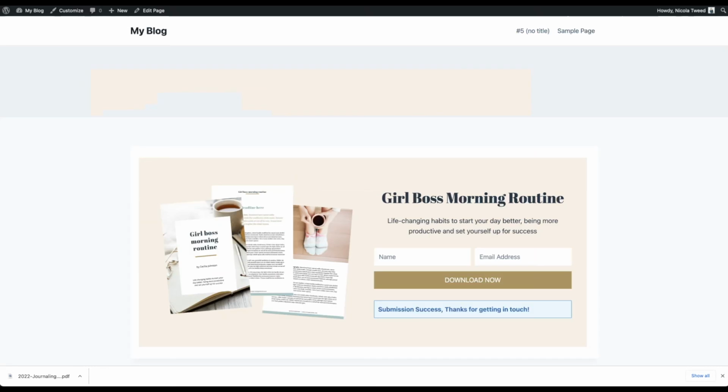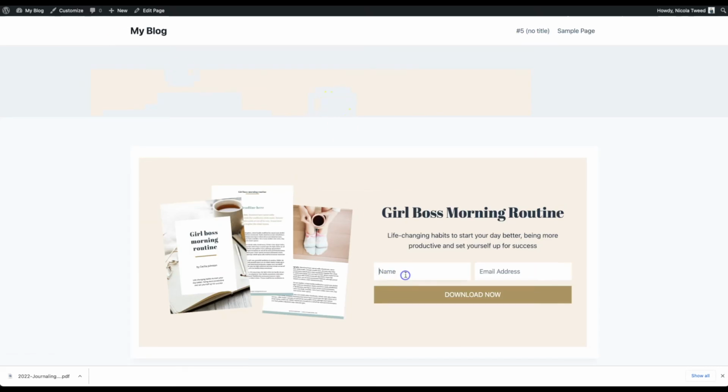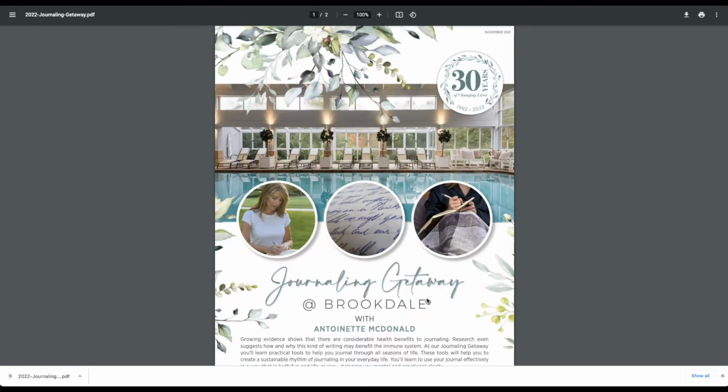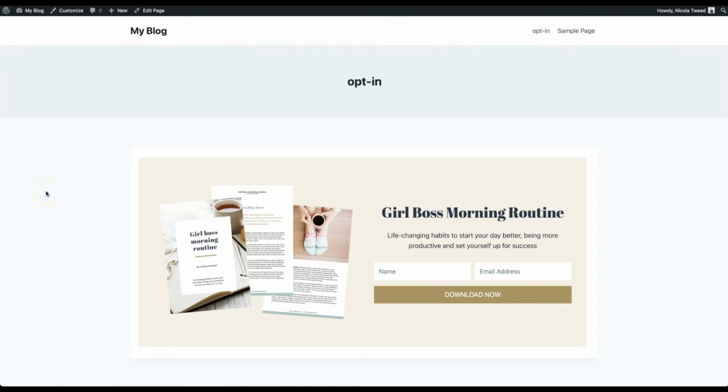I'm going to come back, have a refresh of this, and I am going to pop in my email address again. Click download now. And then that is going to redirect me to my PDF guide. Okay, so now that I've shown you how to create a simple opt-in like this that redirects to your PDF,